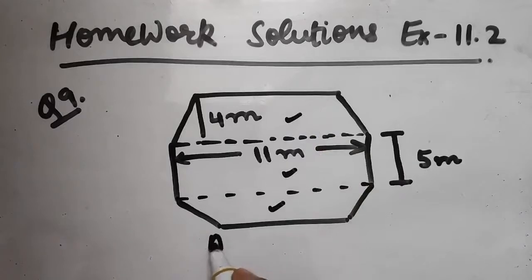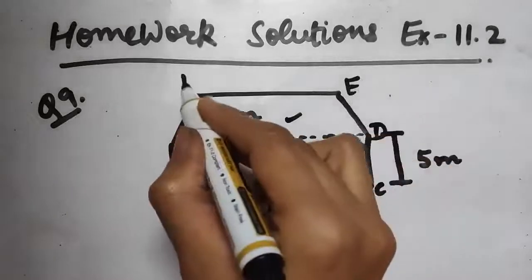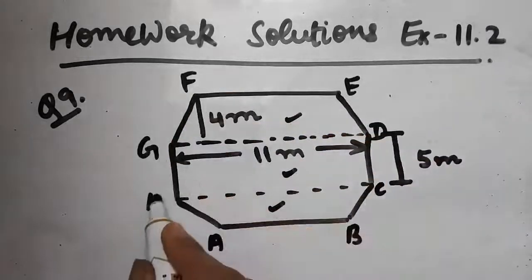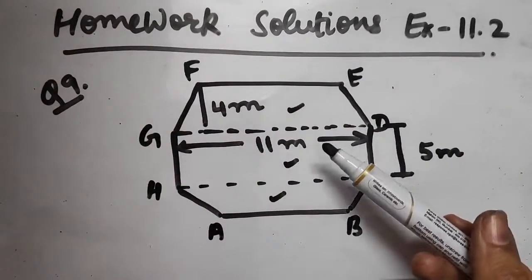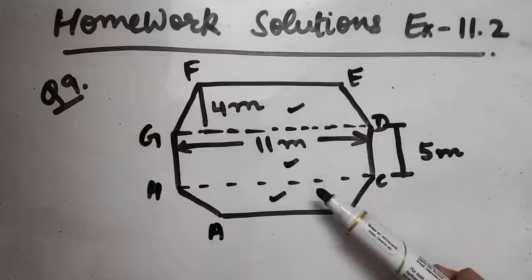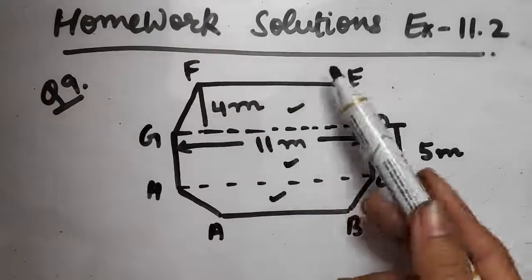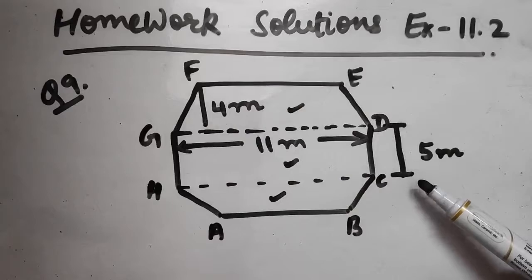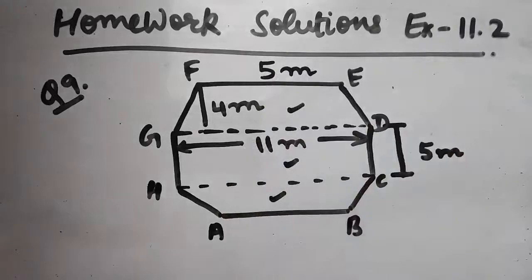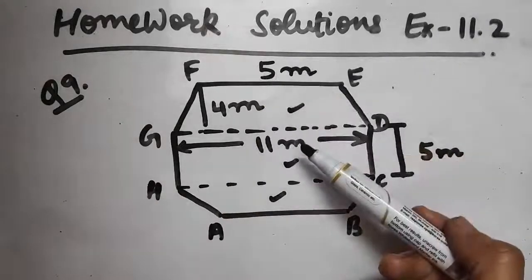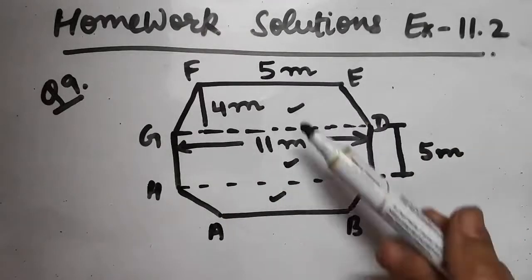Now I am giving name to this octagonal figure. It is A, B, C, D, E, F, G and H. Now dear children, we have recalled in this lecture also the area of trapezium. Area of trapezium is given by half into sum of parallel sides. These two are parallel sides. As this is given to us as 5 meters and it is a regular octagon, so this will also be 5 meters. So we know the measurement of parallel sides and the distance between them is also known to us. So these two trapeziums are having the same area.